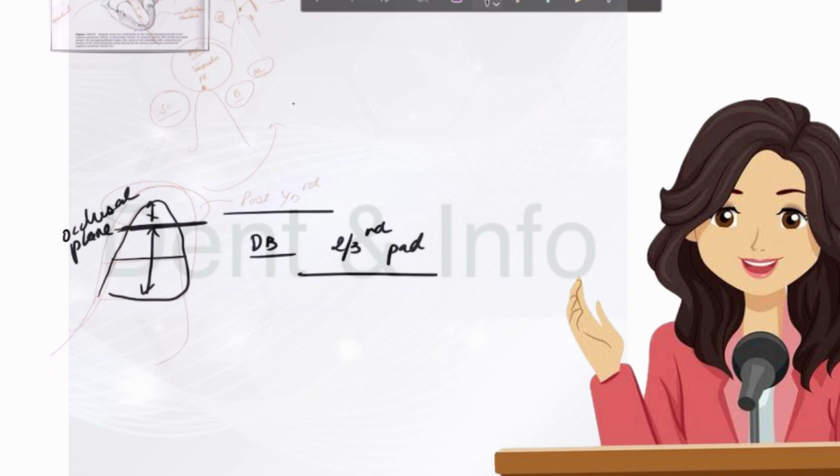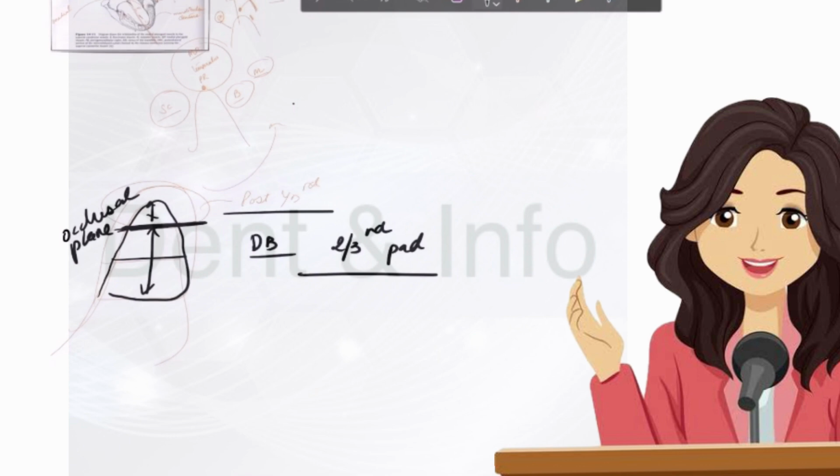This is why the retromolar pad area and the posterior border of the denture in the mandible is very important, because it helps you develop the plane of occlusion. It helps you develop the extent of your denture base. It helps you understand the origin and insertion of the raphe, masseter, masseteric notch, the bulge that is created by the masseteric notch, and even